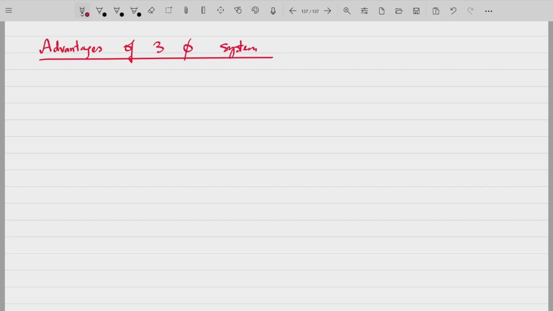So why is the three-phase system used for transmission, for distribution, and even in industrial applications? Three-phase system is being preferred. Why is this? Because of a number of advantages the three-phase system offers over the single-phase system as well as over other polyphase systems. So one,